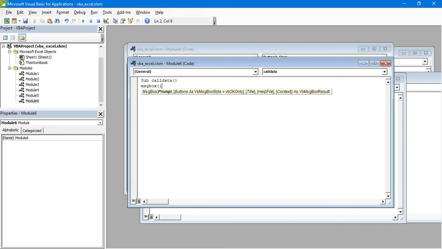So the first value that I am typing is row number 1, and I want to read it from column number 3.